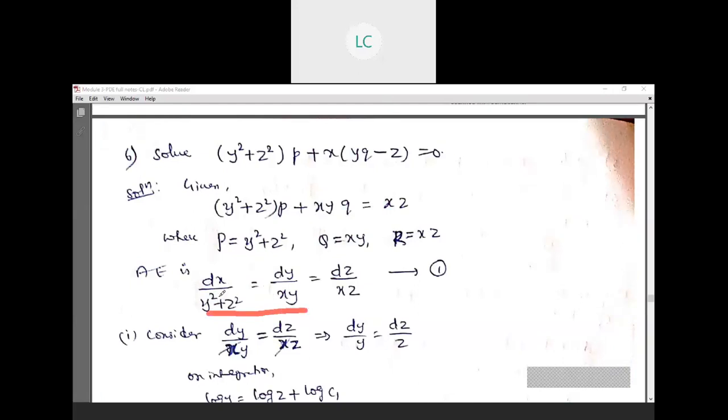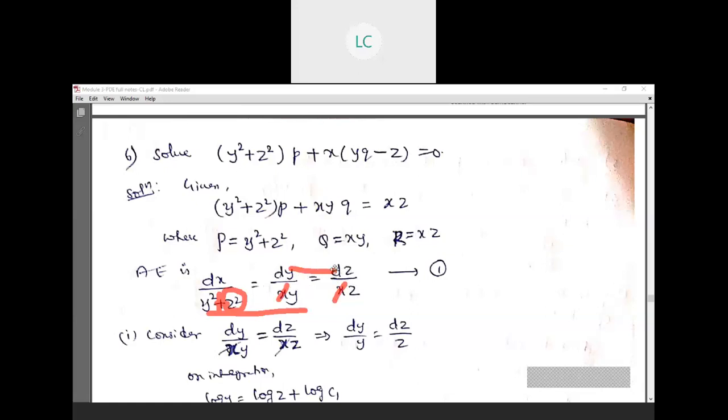See, is it possible? dx, dy, we need only x and y. We have z here and also it is in the form of addition, so we can't eliminate z. That's why we can't pair the first and second term. Now observe second and third. Is it possible to make these two terms a pair? See, dy, dz. If we consider both equal, we can easily eliminate x. So dy by y, dz by z, we can easily integrate. That's why we can take the second and third term as one pair.